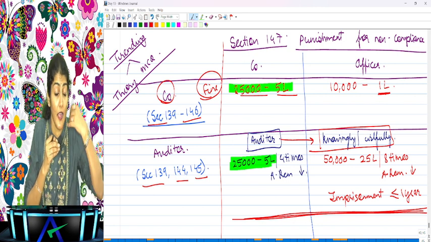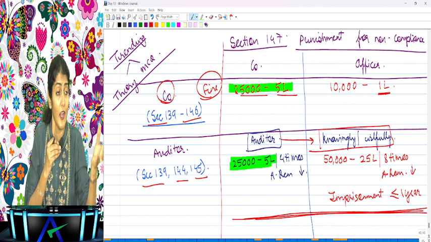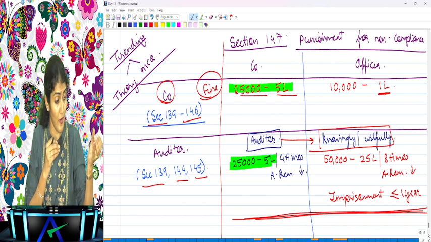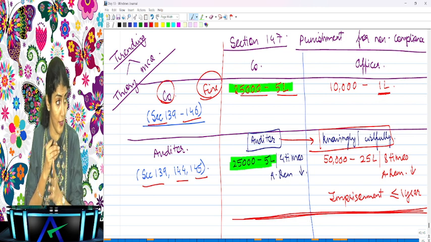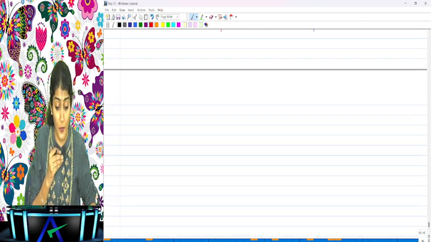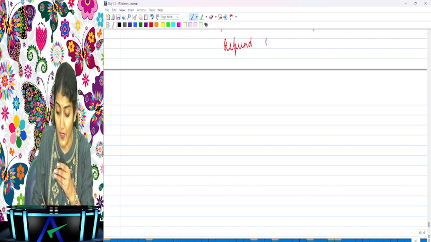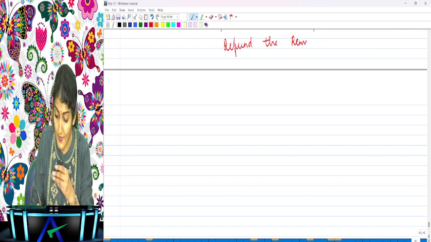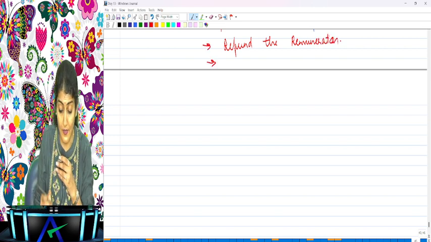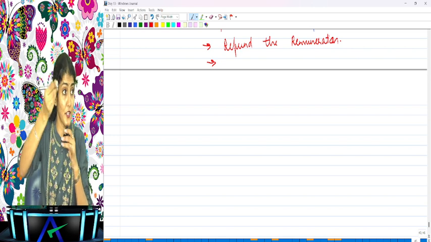Okay. Now, they are very, very angry with the auditors, and everybody is always angry with the auditor. So now what does it say? Okay, auditor, you have not complied with 139, 144, 145. This is the fine which you will have to pay. And in addition to this fine, what do they say? Whatever remuneration you have received from the company, refund it. Oh my God. So first I may have to pay up to 8 times the auditor remuneration, and whatever remuneration I received, it says please refund it back. You're not worthy of the remuneration, refund it.